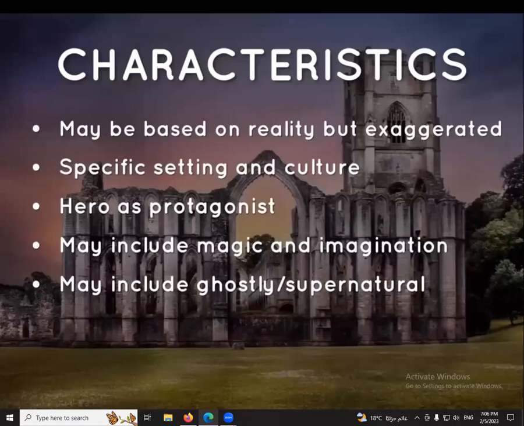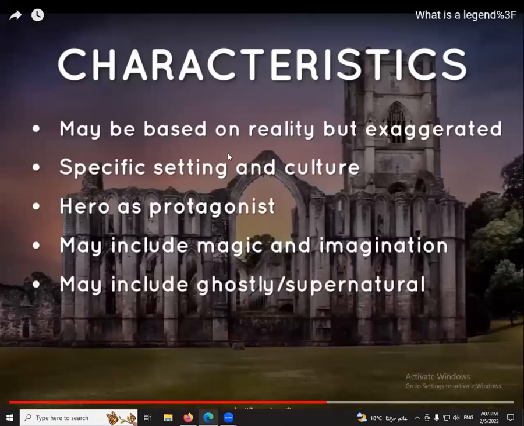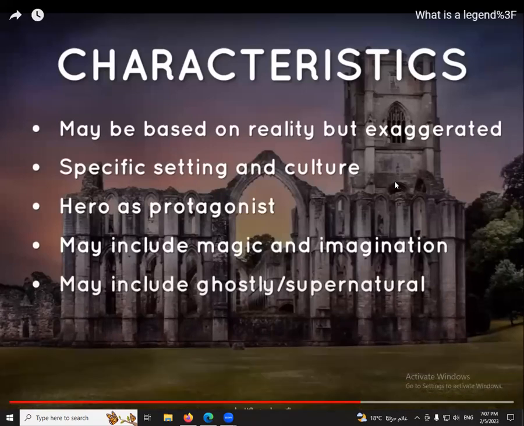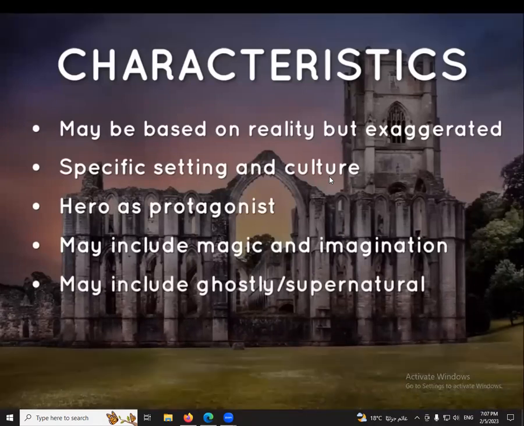So, let's go through some of the characteristics of legends. First, is there evidence that the event occurred? Yep, there may be proof to support the story as it reportedly happened during a specific historical time period. So, is it fact or fiction? Well, facts are distorted and exaggerated, and some fiction is added in, so it is a blend of both. When and where does a legend occur? Well, a legend occurs in past time and is historical. It usually comes from a specific culture and a specific setting. Who do they talk about? Legends talk about actual heroes or people who did admirable or heroic deeds.